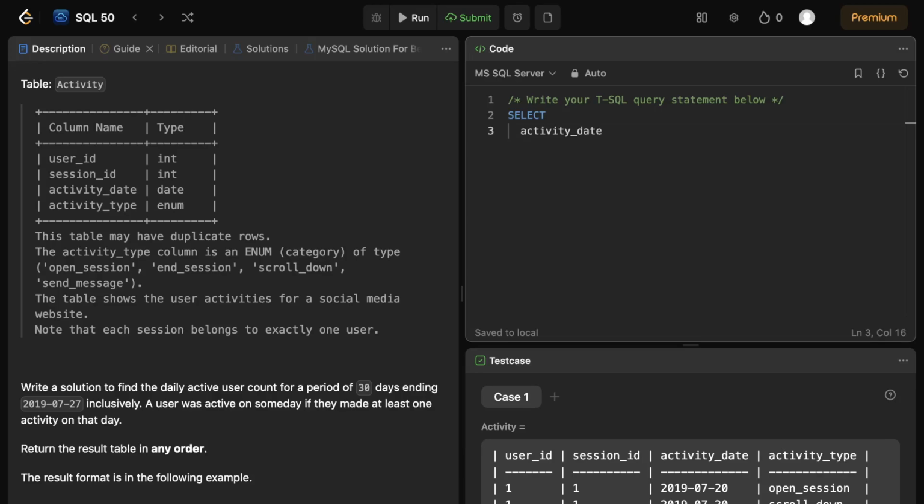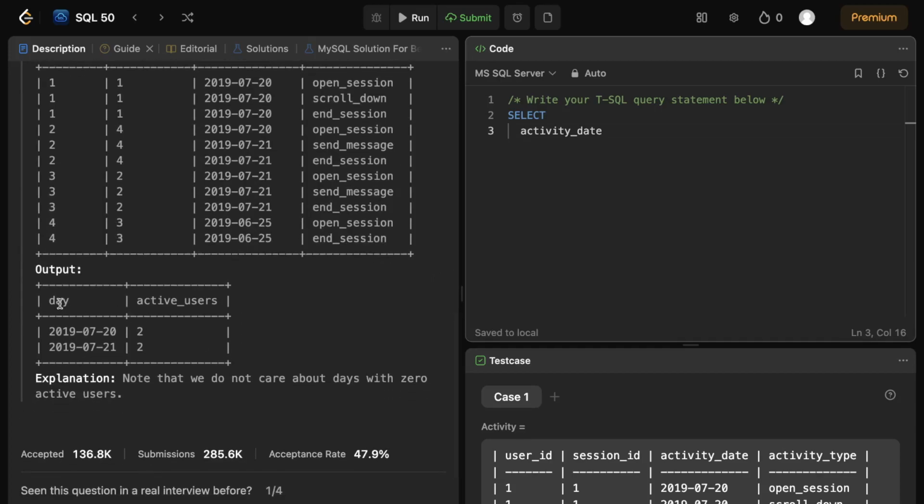We have the activity date, okay, and for the output we have to put it as day, and we have to take the count of all the user IDs on that day, and we have to put it as active users, from my table activity,